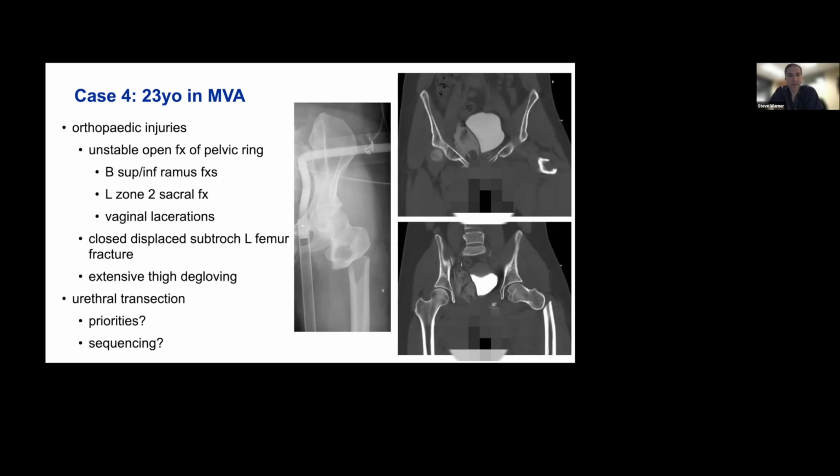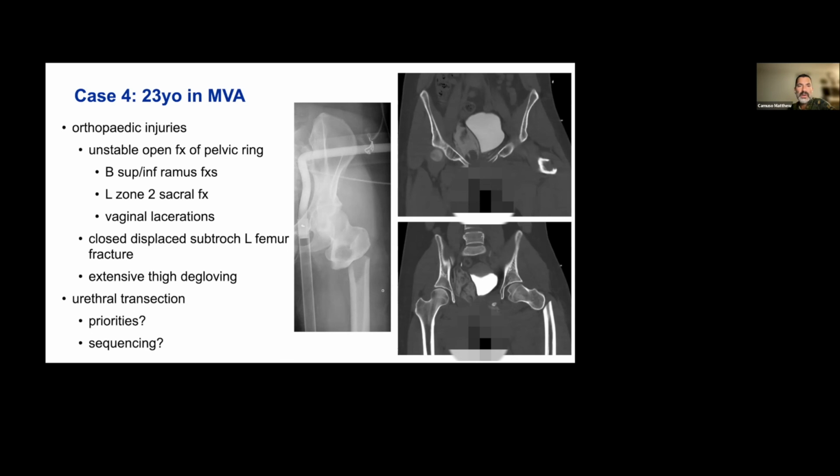Yeah, I think the unstable pelvic ring would be high on that priority list, and depending on what the urologists are going to do with regards to if they're going to do an open approach or some sort of percutaneous procedure. I think if they do an open approach, it's nice to be able to work with them through their approach, do some sort of reduction and fixation of that pelvic ring injury as well in conjunction with them. And then for me, I think femur would be a secondary priority after the pelvis is reduced and stabilized.